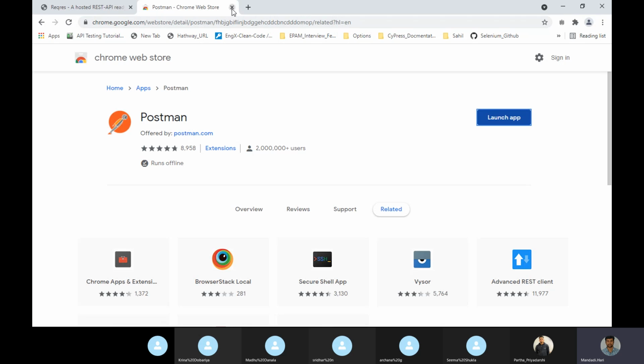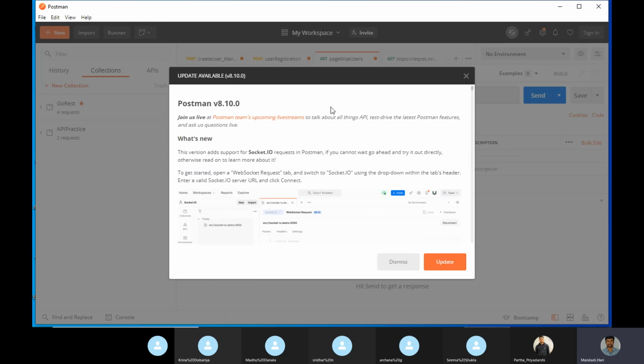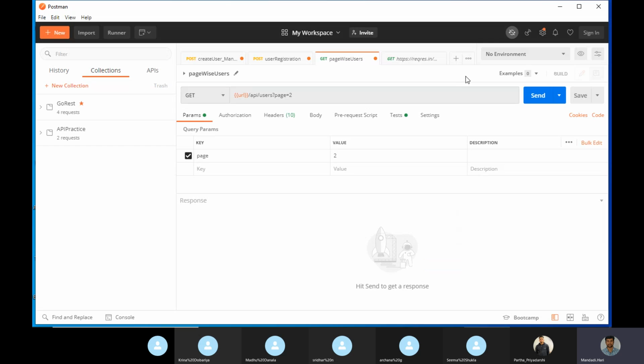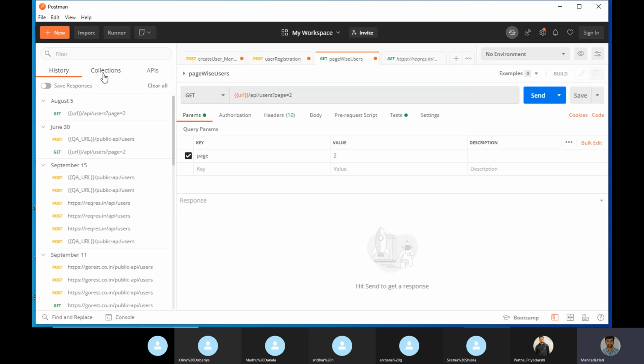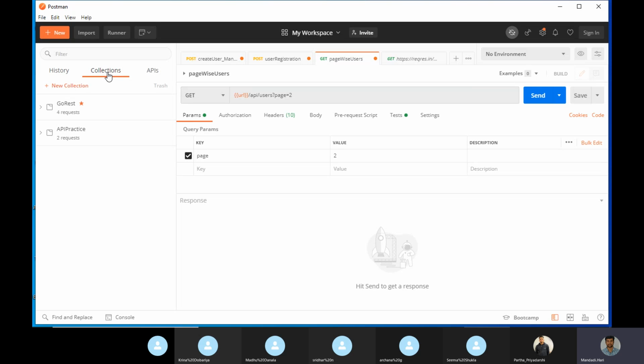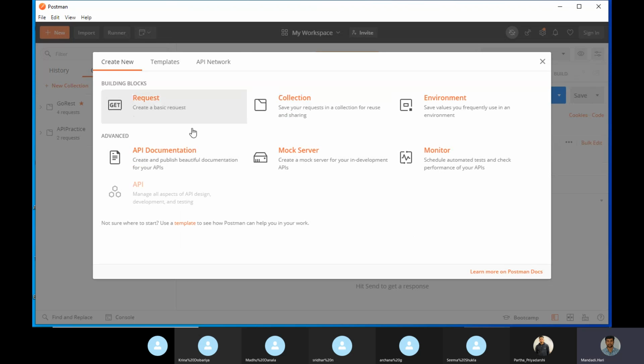I will go to my Postman app. This is my Postman app. Let's go, try to do it from your side as well, if you can. So I am creating a new collection, and under that collection I am creating one request.